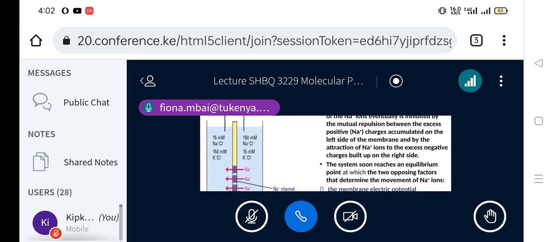So this is going to inhibit, so that the sodium ions don't move across the channels